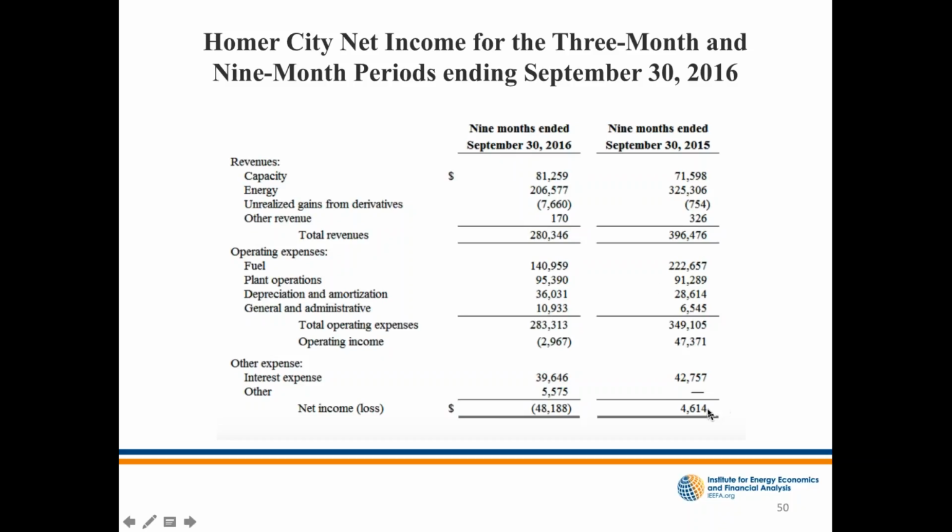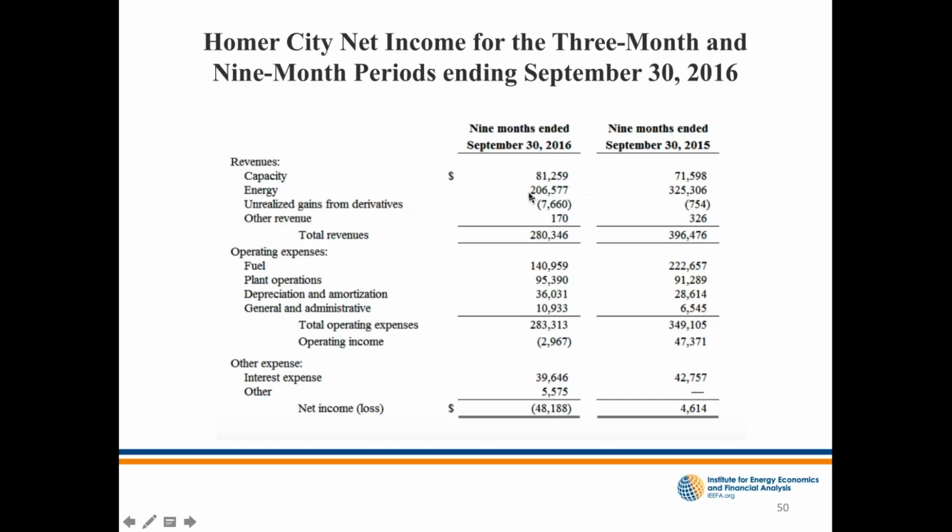You can see at the bottom that whereas the plant made a slight profit during the first 9 months of 2015, it lost a tremendous amount of money in the first 9 months of 2016. No surprise then that they went bankrupt a second time,